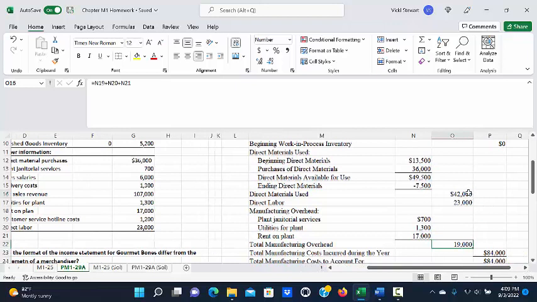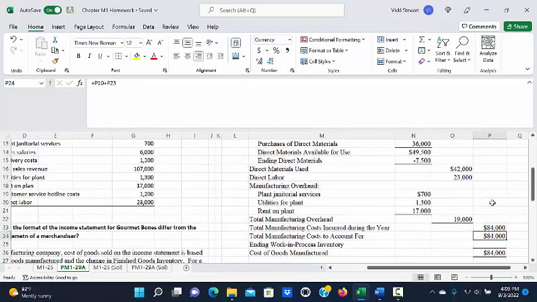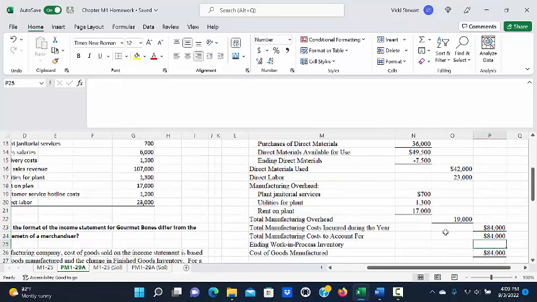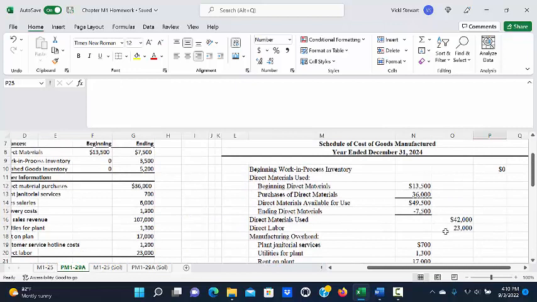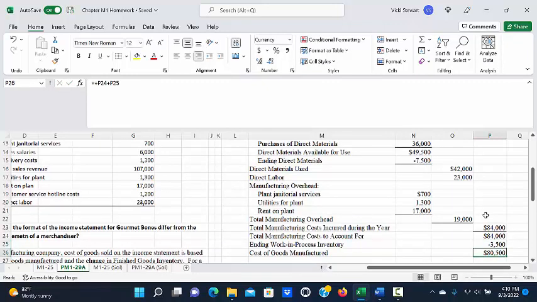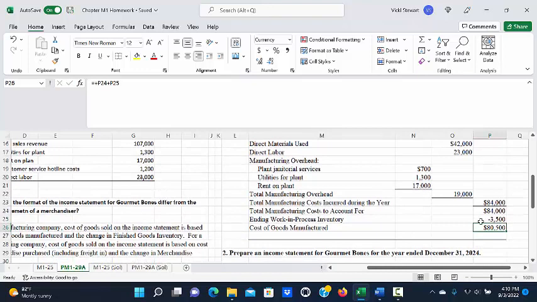So when we add the direct materials used, direct labor, and manufacturing overhead, we get total manufacturing costs incurred during the year of $84,000. Now we would add that to our beginning work in process inventory to get total manufacturing cost to account for, which in this case is the same amount since we had a 0 beginning work in process inventory. Then we would subtract from that our ending work in process inventory, which was $3,500 according to the information given. So our cost of goods manufactured was